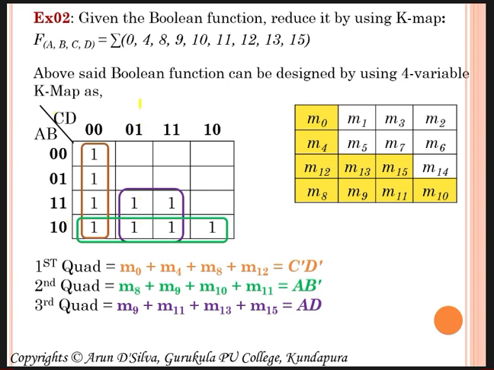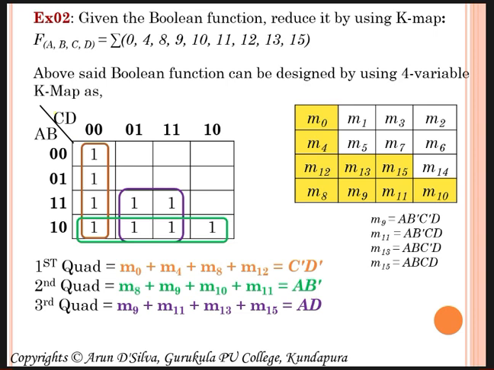And column-wise, when you see the C value, second column 0, in the third column 1 is there. That means C also changes state. But if we see D value, 1 in the second column, 1 in the third column. That means D value remains the same. So we have to take D. So altogether it becomes AD.